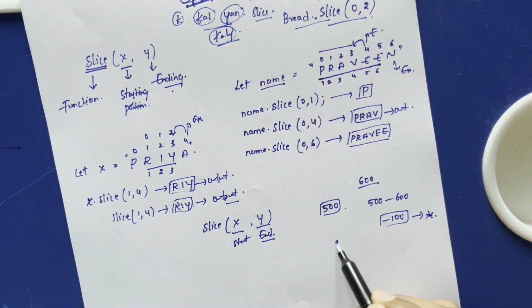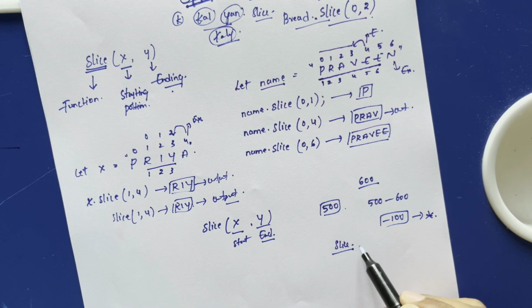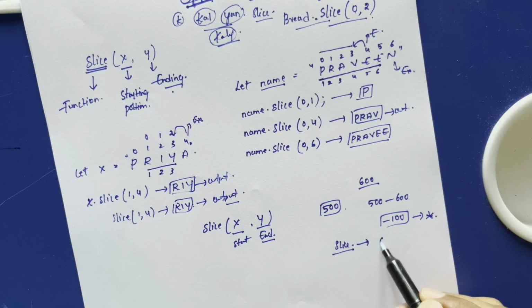If you include this slice in the same task, then you will get an exact value. That means